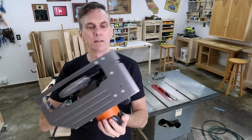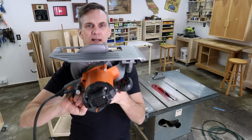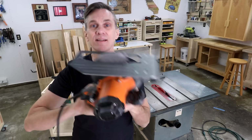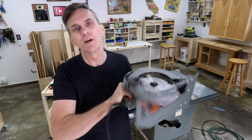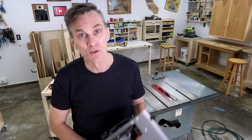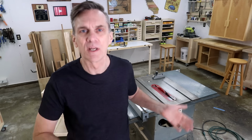A table saw is really a very simple tool. It's basically a more powerful upside down circular saw mounted to a table. And instead of moving the saw through the wood, you move the wood through the saw, which gives you better control. As a side note, there are people who have made their own table saws by mounting a circular saw